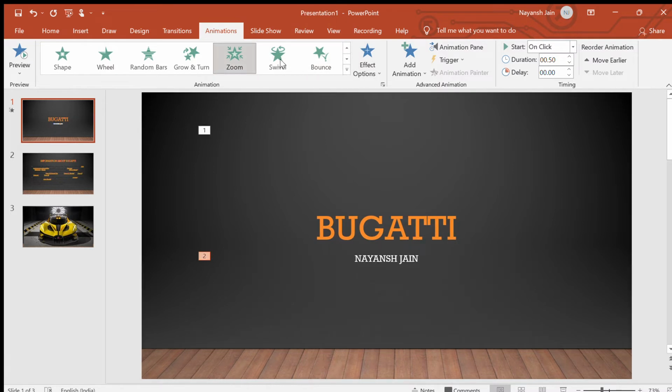I'm telling you one more thing. If you don't like anything from here, you can go to more entrance effects. You click on them and you will see these types of things here. Okay, more effects. Keep it at the side, and yeah, this is looking nice. So I will press OK and it will be saved.